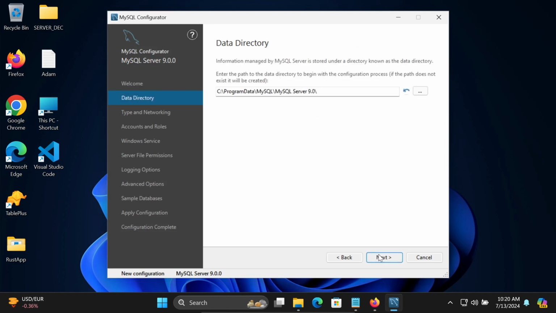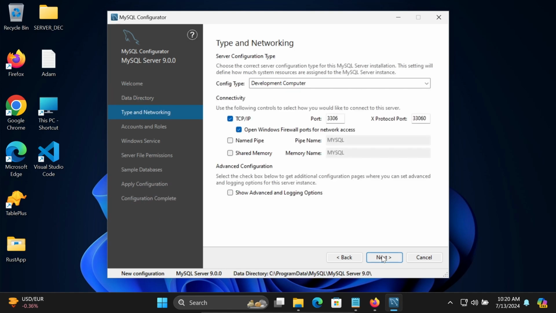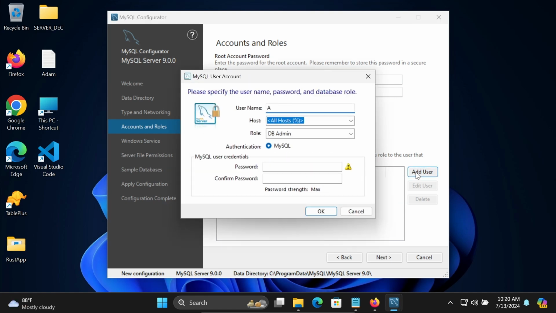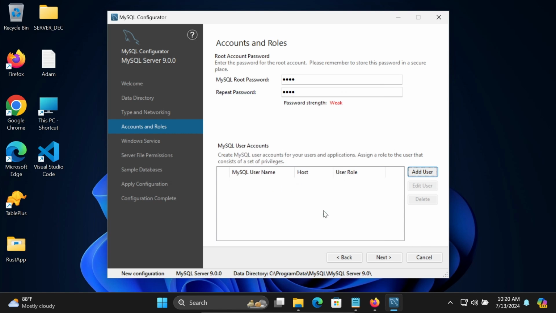Click on next. This location is the data directory where MySQL is going to be installed. Click on next. Here you need to give the root user password. So let's give the password, and now let's click on add user. Giving the username Adam, give the password. Now after giving it, let's click on OK. The user is added, click on next,